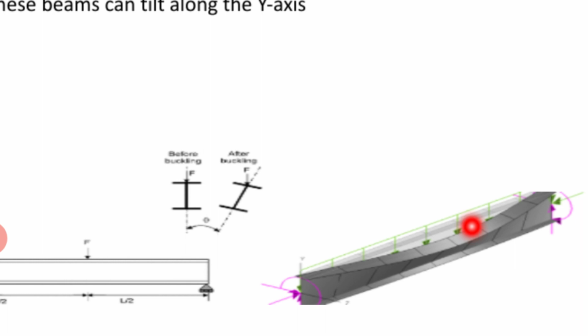The characteristic feature of lateral buckling is that the entire cross section rotates as a rigid body without any cross sectional distortion, and this behavior is very similar to an axially compressed long column. If you take an axially compressed long column, similar to that this beam also behaves, and this shows the lateral torsional buckling of a beam.